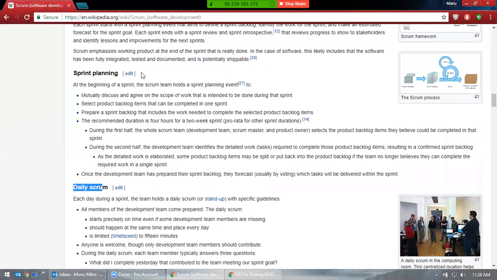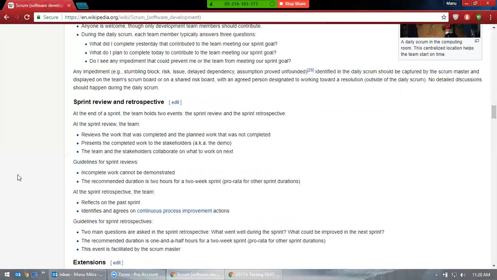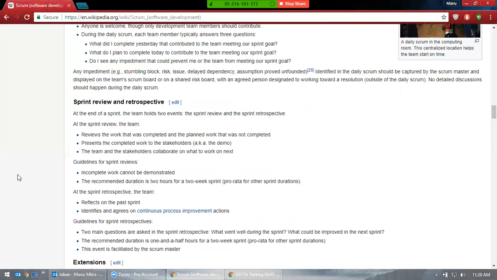Okay, now let's go to another meeting here: the sprint review and retrospective meeting. This is the end of the sprint. Ideally, it should be at the end of the month, in the last week of the month. So what do you discuss in this meeting? You discuss what went good, what didn't go good, and how we can improve that. 3 important things.